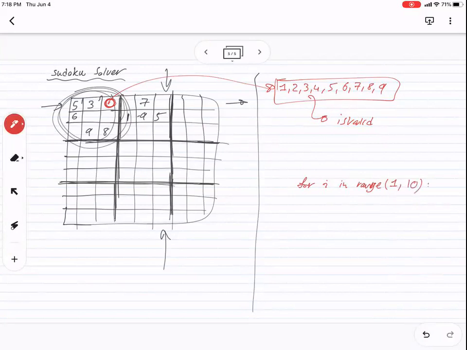It will go 1 to 9 because 10 is not inclusive. I will go over them as we did, and I will check if it is valid. If i is valid,